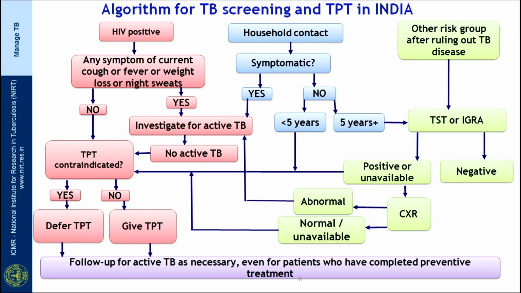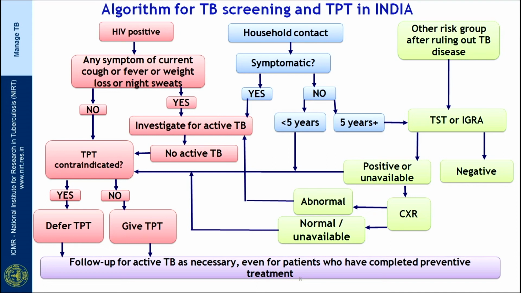The first step is to assess that they do not have tuberculosis. So, individuals are assessed for any symptom of current cough, fever, weight loss or night sweats. These are called the 4 symptoms. If they do not have any of these symptoms, then the next step is to assess if TPT is contraindicated in them, and if TPT is not contraindicated, then give TPT. If they have these symptoms, then they have to be investigated for active TB disease,